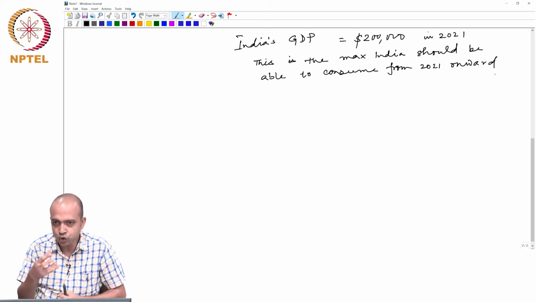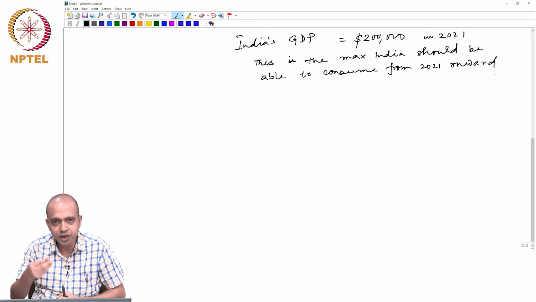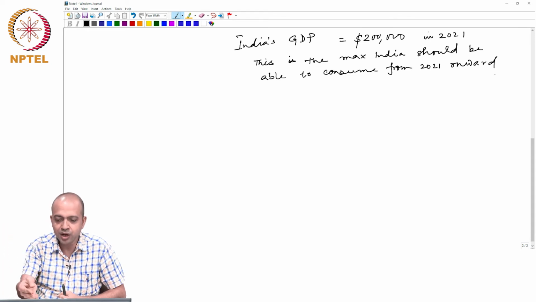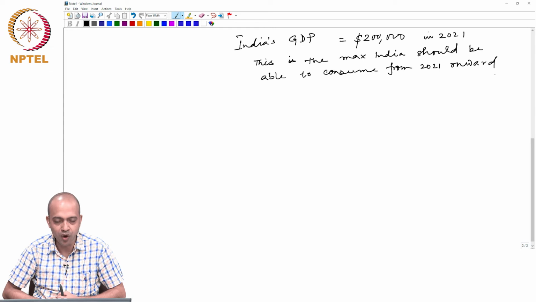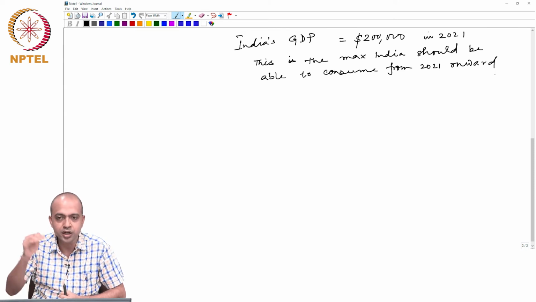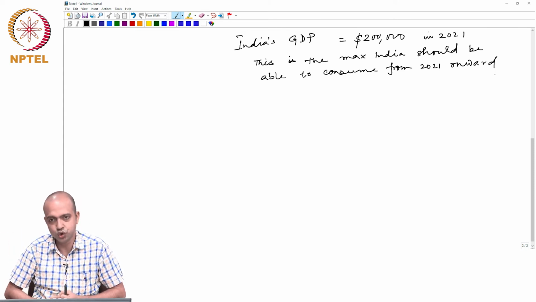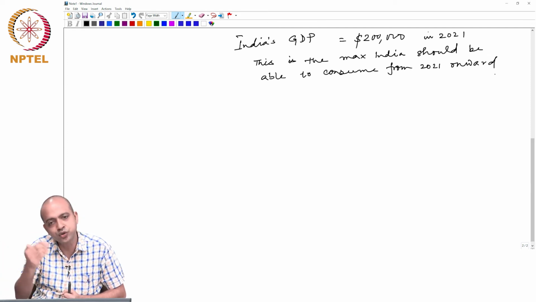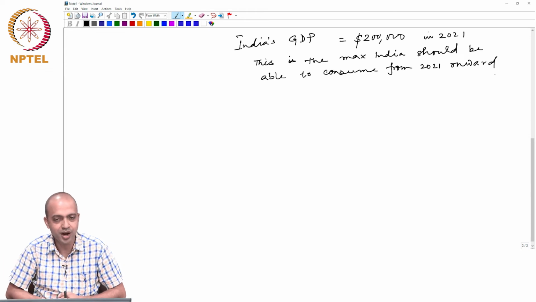And if we assume that resource stock is depleting in every period, then whatever we are earning now in 2021, the resource stock in 2022 would be such that India won't be able to produce this much of income. That means what we require is actually a sufficient portion of this earning should be invested, so that at the end of the period we are actually as well off as we were earlier.